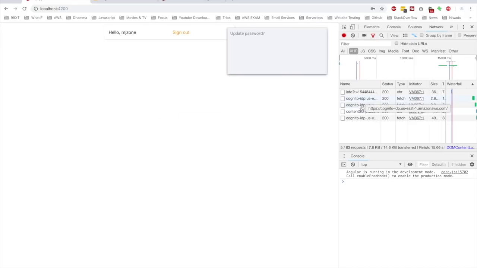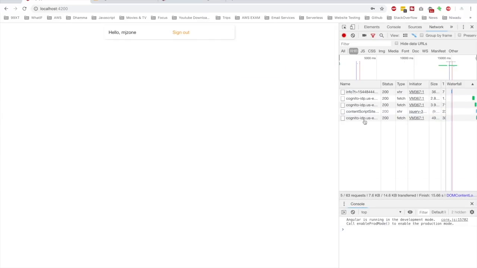You should see, in the inspect element, the network tab, all the calls that it makes to the backend. So it's calling the Cognito API. Once you are successfully signed in, Cognito will send you all the tokens, ID token, access token, and refresh token, and they will be stored in the local storage. So you can see it has grabbed my name, hello mjson,